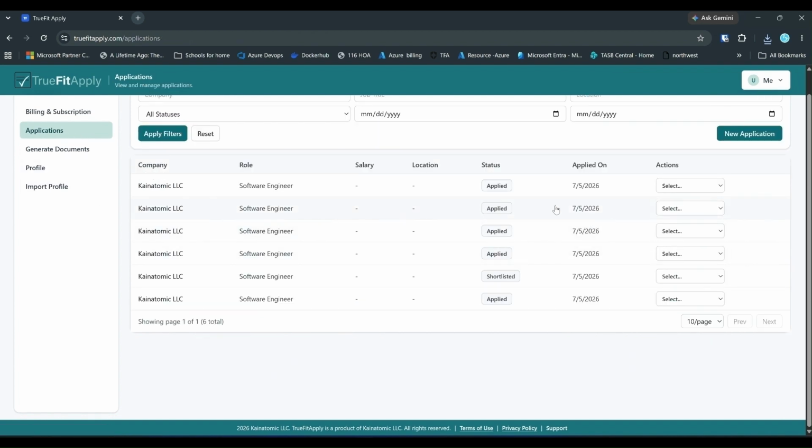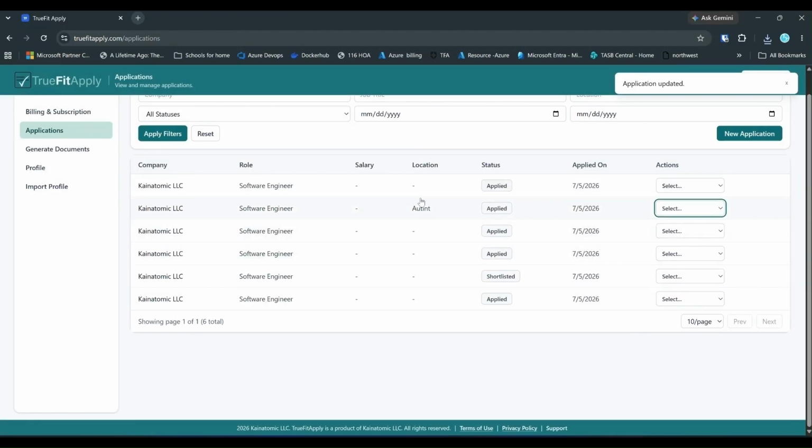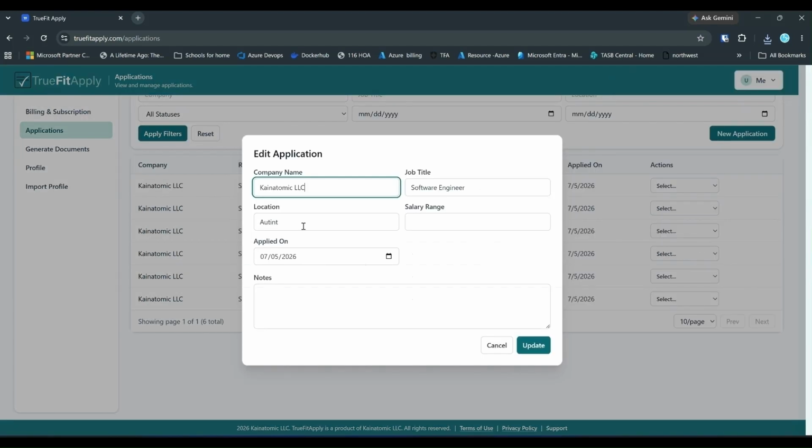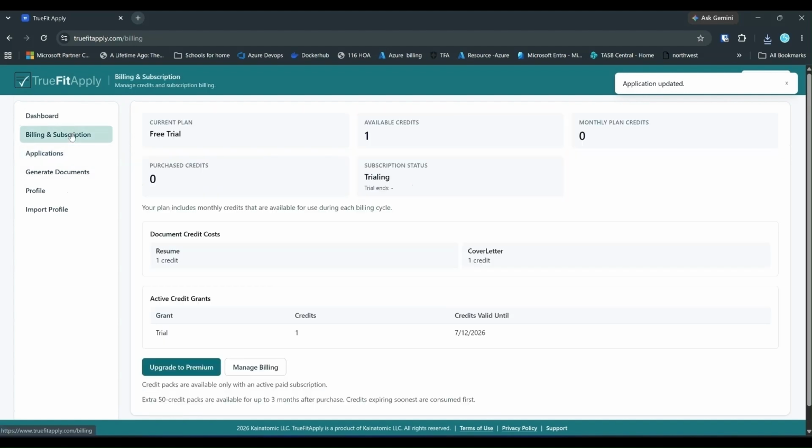Getting back to the application, if I select edit, I can add a location, for example Austin, and also update the salary package. Now I have the location Austin. There is a typo. I will go back and edit it. So it's Austin. And on your billing and subscription, you can see the number of credits you have